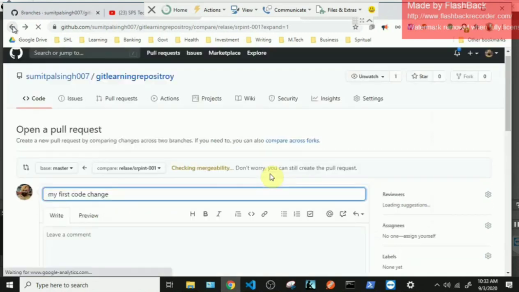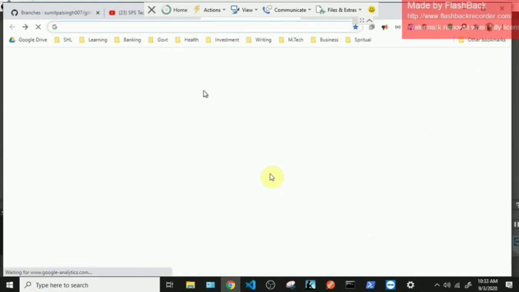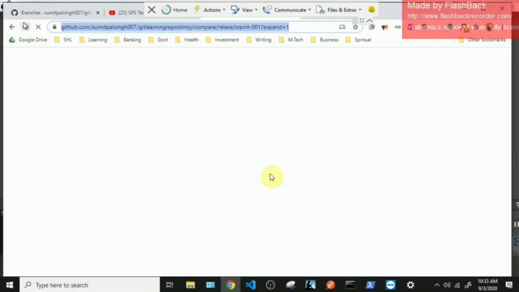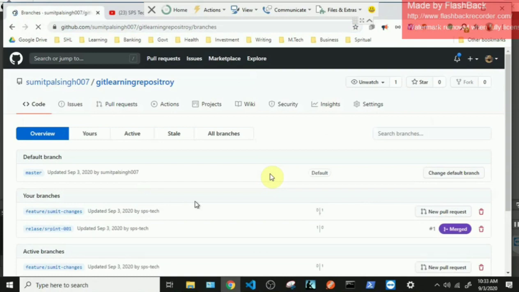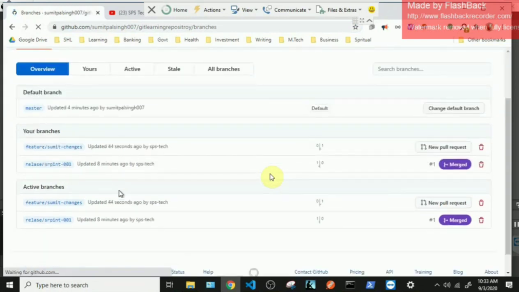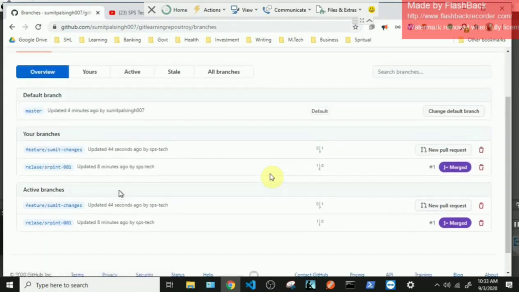Yeah, here is the branches open. If I refresh, see, there is a branch created, Sumit changes. And also please make a note that sprint 2 branch has not been created. Why? Because we have not pushed sprint 2 branch as of now to our remote.